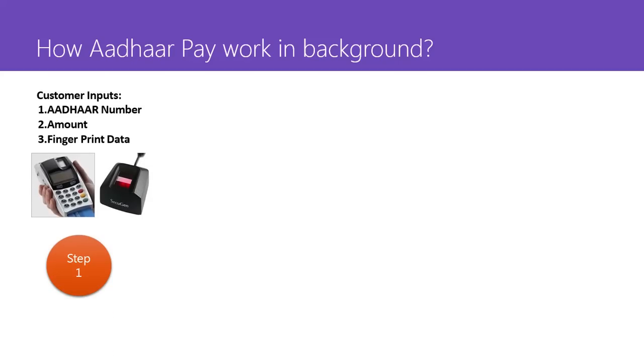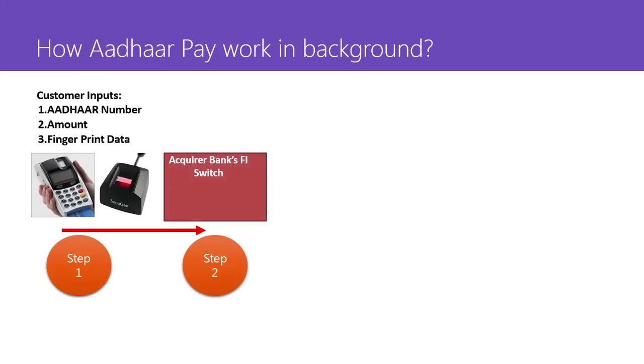So first thing, what the customer needs to input: the Aadhaar number, the amount, and the fingerprint data. It could be any type of machine. If people have bought Reliance Jio, they would have understood how that small machine works. You just need to know it's a small black machine, as we've shown in the figure. It's not the same brand. It could be any brand which has been certified by the Government of India. Then it goes to the